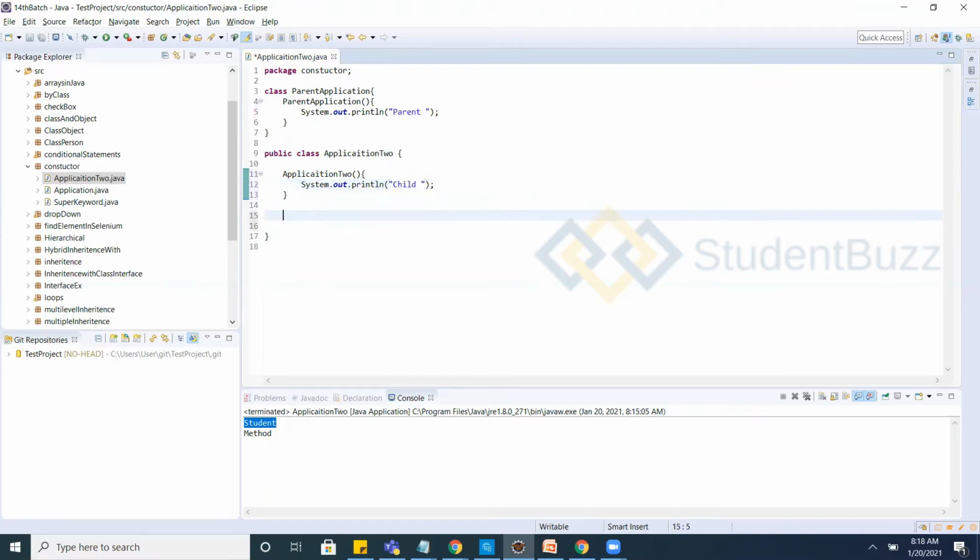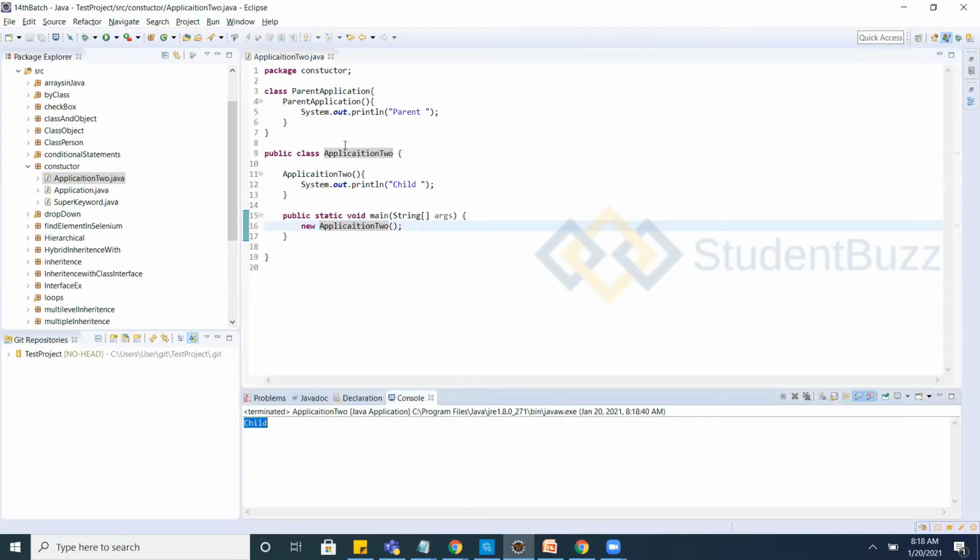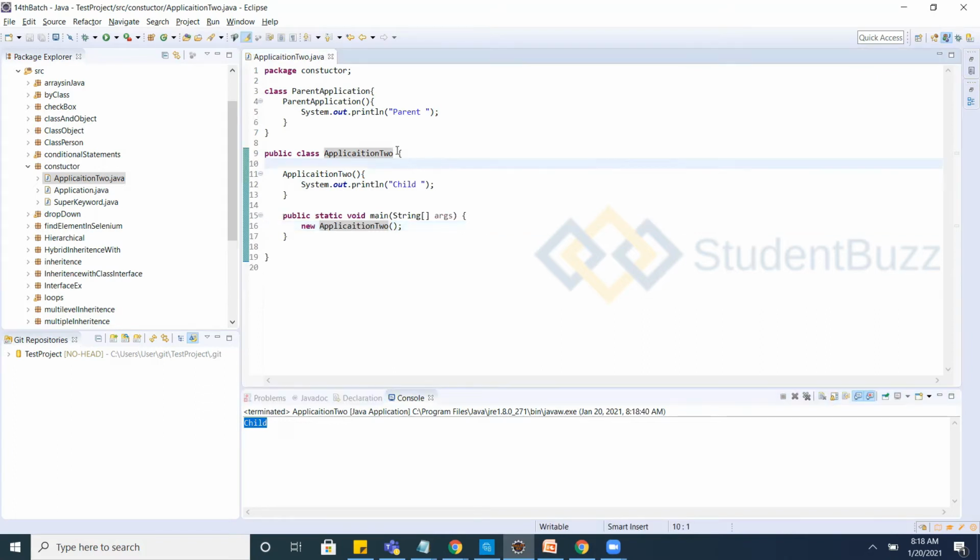So I have a main method, and whenever I'm creating an object for this, the child constructor is going to be called automatically, because we have not created any relationship of child to parent or parent to child as of now.